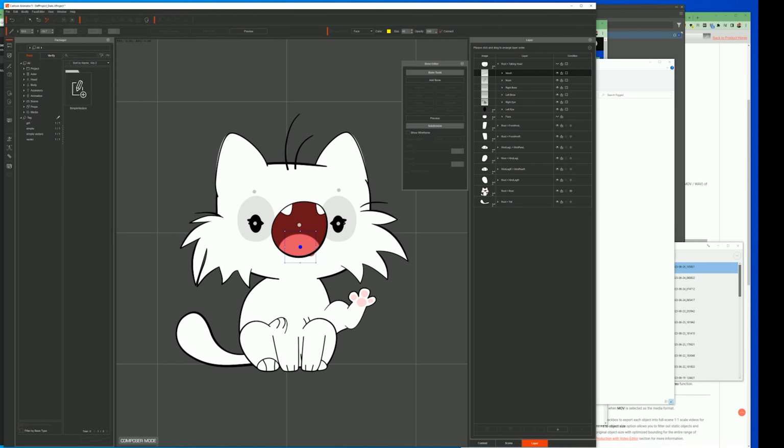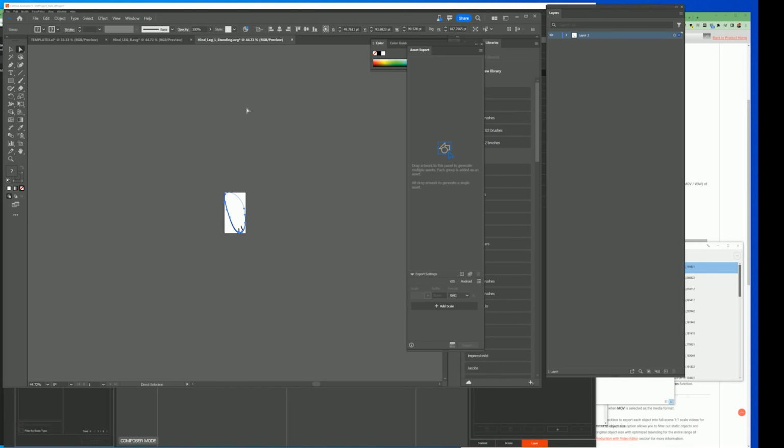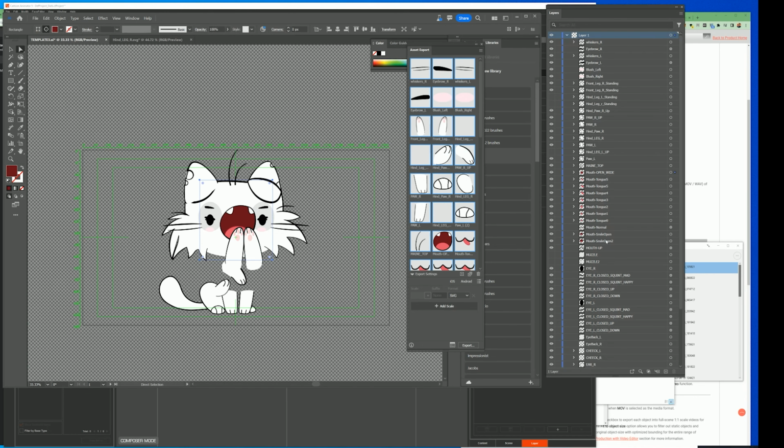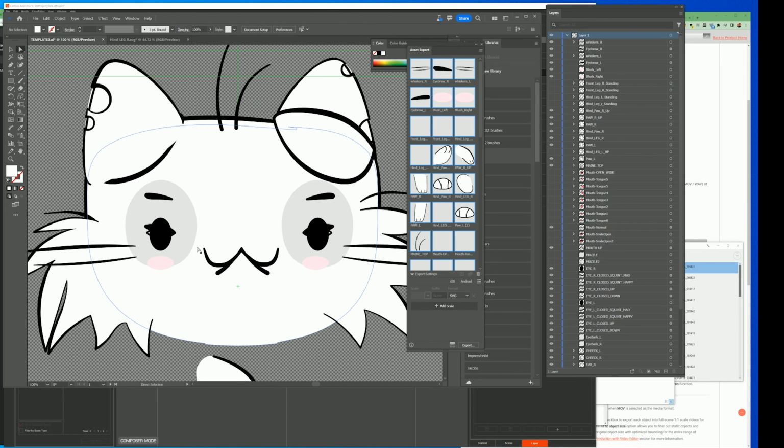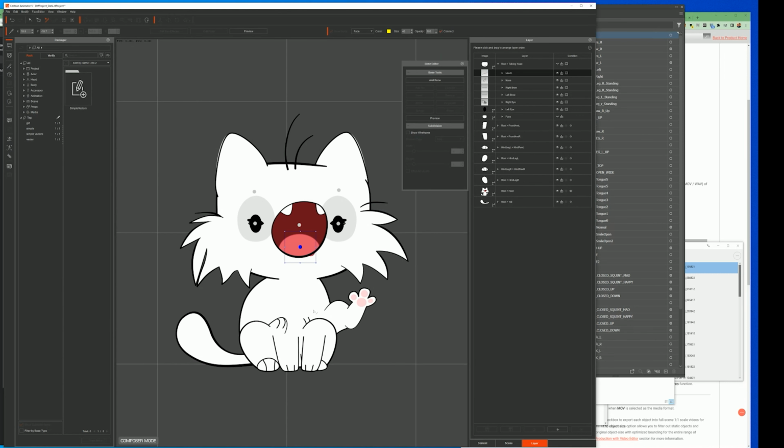Cool. I'm just going to go back into Illustrator and look at my template, turn off some of these mouths so I can see where my default mouth goes. And I'm going to turn off some of these because I didn't do a reference with it. So there's my normal mouth. It's going to go almost below the irises. And so I'm going to come in here, and now that I've moved those bones where they need to go,